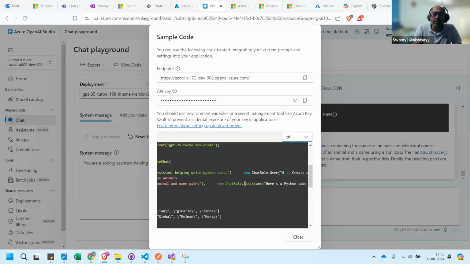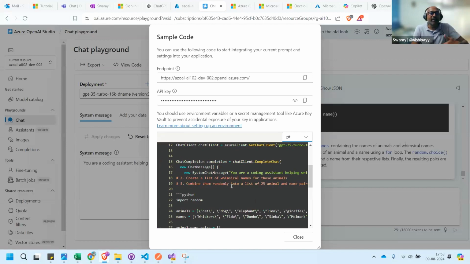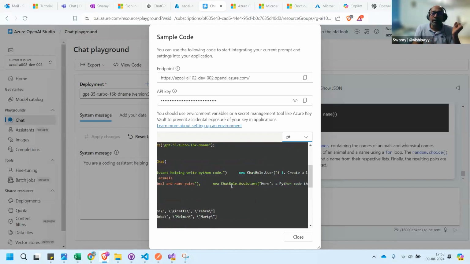And then the user chat, you're saying give me this one. And the chat role assistant, because here there are three different points to note. One is the system message, one is the user role, one is the assistant. So chat role dot user, chat role dot assistant.